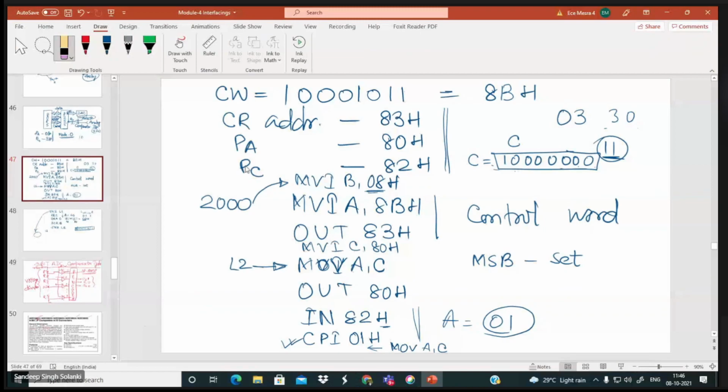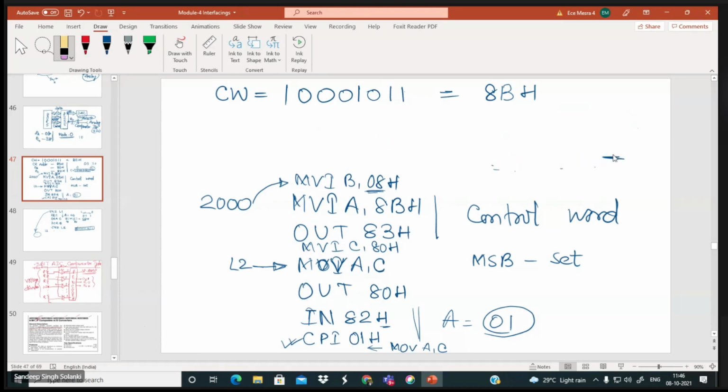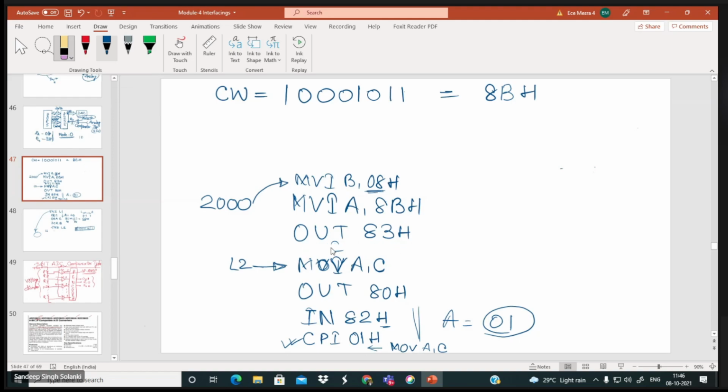Original data, one C register we are having, no? C register is having 80H. So whatever modification we do after getting the comparison, the C register has to be modified accordingly. So are we doing that after comparison in both cases? No, sir, we haven't done that. So that part we need to do.